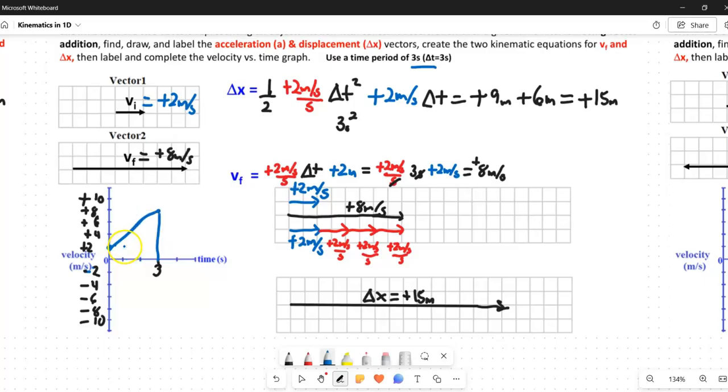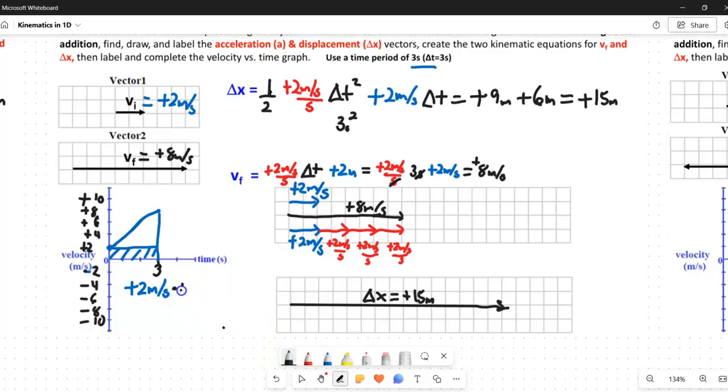If you started out here, this part of the area is going to be right here. I know that sounds weird, but that area is +2 meters per second